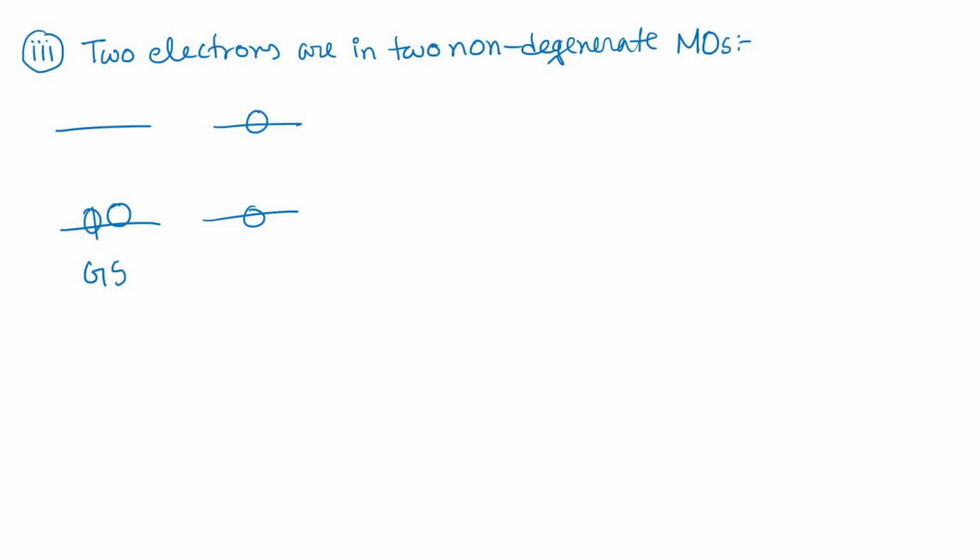We don't know what spin they are. They could be either same spin or different spin, but let us not think about that. Suppose this is in ground state and then some photo excitation has happened and it has gone to the excited state. Okay. Now these are two non-degenerate MOs